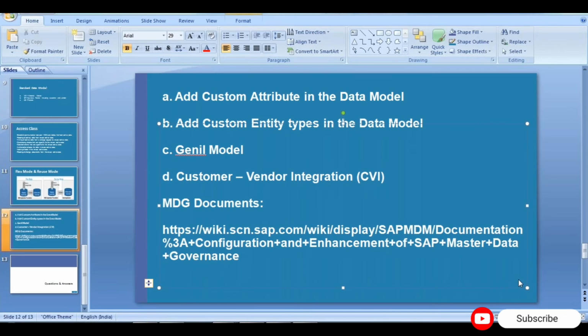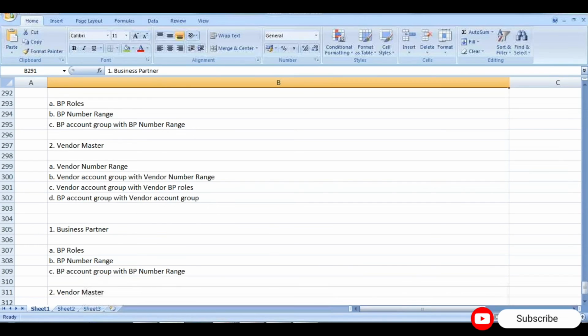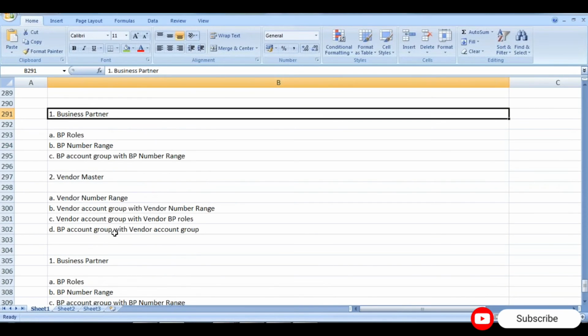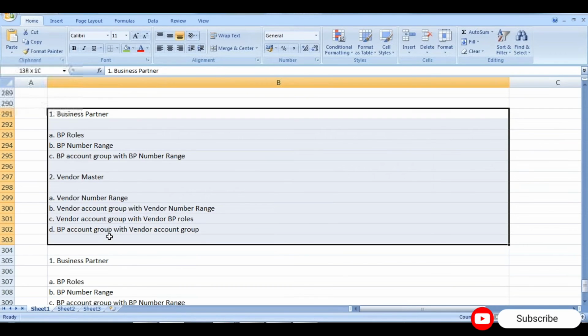So let's say your first phase is the supplier phase. In that case, you only deal with the BP vendor general details along with the business partner details. You need not touch any details related to customer. That's what I categorically mentioned. If you are working with supplier, and particularly if CVI comes